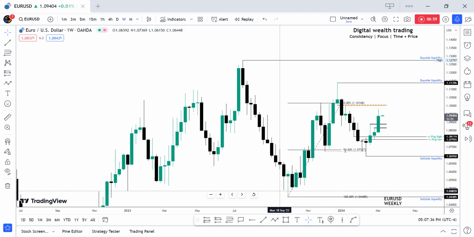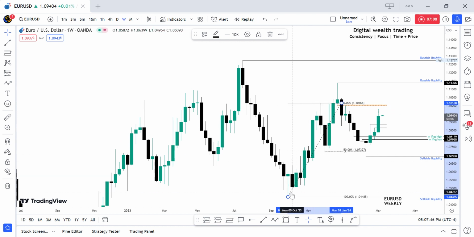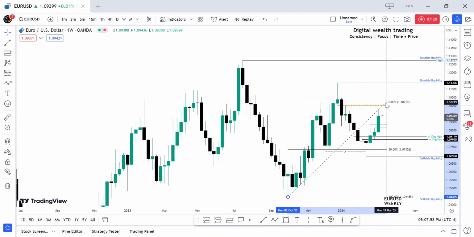Now, if you look at this leg, this swing low to this swing high, you can see that this is the 50%. We move into the 50%, we rally higher. Then, if you measure these two moves, and let's say you did not measure this move, you want to still centralize your idea here, you will see that even at that level, we still price inside discount of this price swing. That is very, very important.